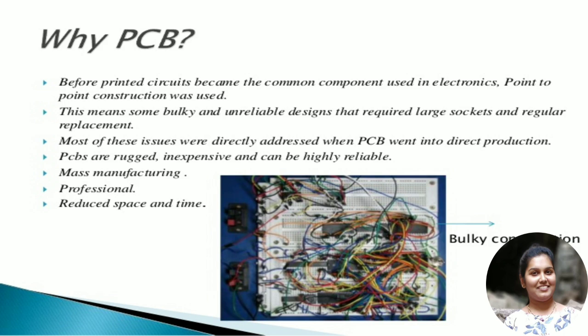Once you want to produce hundreds or thousands of components or devices, you design a particular circuit for your device, and that will be printed on a PCB, and on the n number of PCBs that you require.